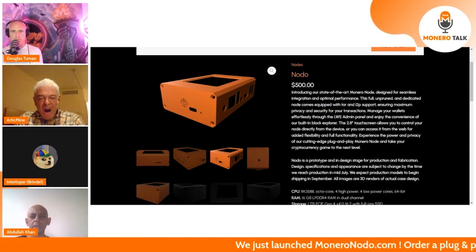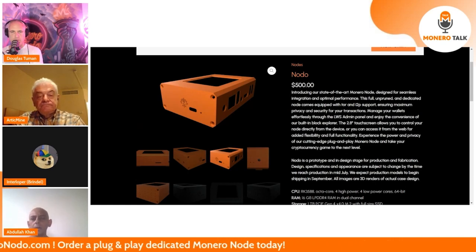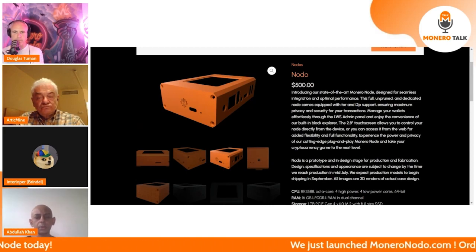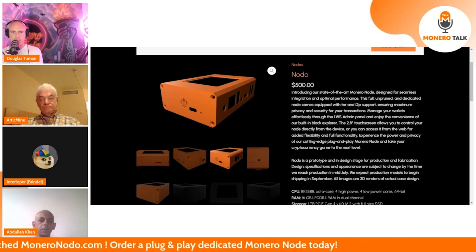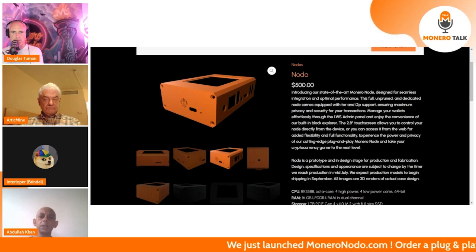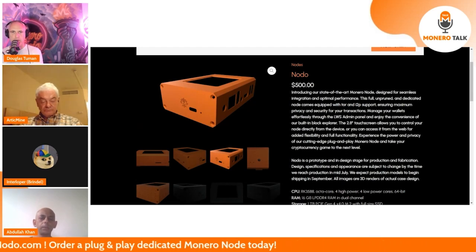So in that sense, I think having a bunch of these nodes out there in the world is really going to make a difference to the network, and also be able to stick around and keep contributing to the Monero network in the future, I would say. So I think that would be the main contribution of this project to the Monero community, and of course it's the fact that it's accessible and cheap and powerful, and is just kind of cherry on the cake in my mind. Yeah. So, I mean, the goal is to get thousands of people around the world purchasing Nodos to make it